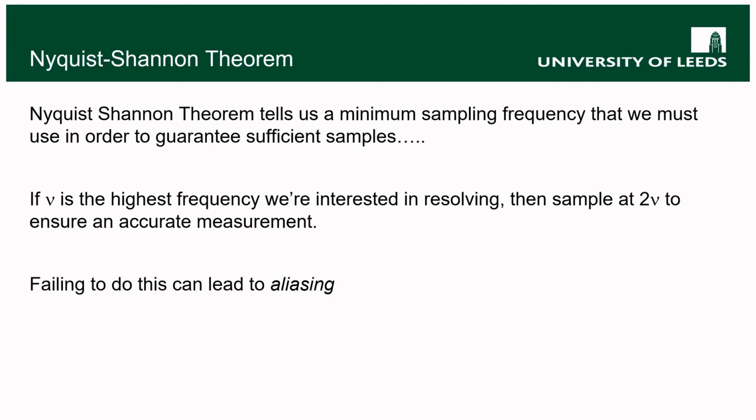Okay, so the question is, how fast do we need to measure in order to get back the signal that we wanted? And this is governed by a thing called the Nyquist-Shannon theorem. The Nyquist-Shannon theorem tells us that the minimum sampling frequency